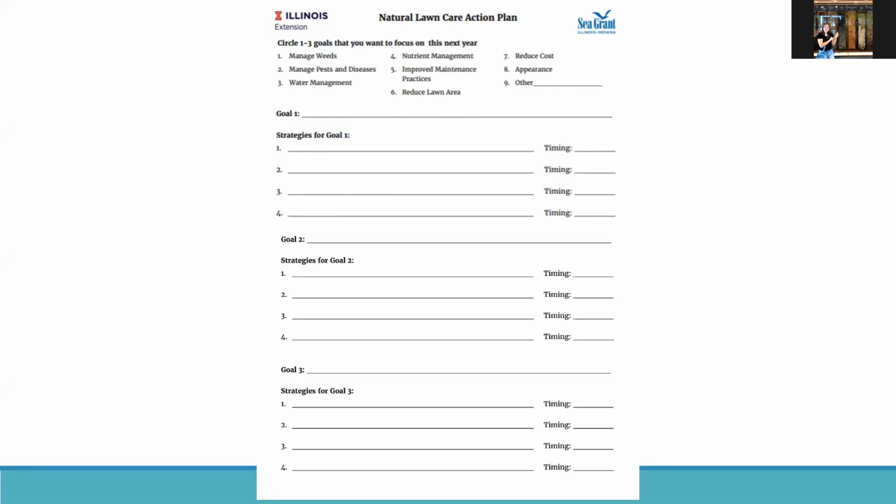Now I understand these goals can be integrated a little bit, right? Because if you're managing for pests and diseases or weeds, that also probably improves the appearance of your lawn. I would encourage you to pick the one that resonates the most with you, that you're like, this is why I'm doing it, to improve the appearance. Not because the weeds bother me, but because I want it to look good or something like that. But we also say I would circle 1 to 3, or choose 1 to 3 that you want to focus